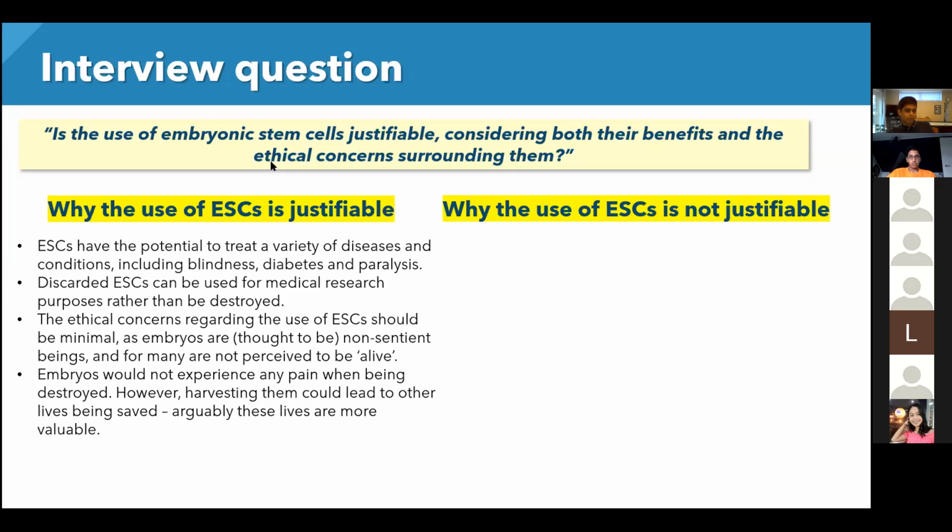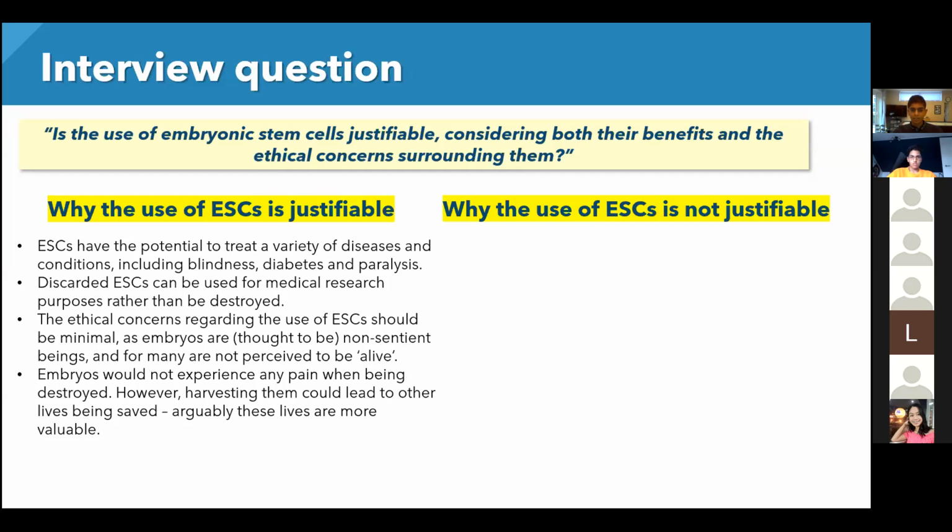Yeah. Someone else has said, it depends what you use it on. Like designer babies and perfecting life isn't a valid reason to use embryonic stem cells. We should just be using them to treat chronic conditions which could save lives. Right, that's an interesting point. So you're saying perhaps that the use of embryonic stem cells is justifiable as long as it has a direct link, or it directly allows a life to be saved. Therefore, meaning that instead of being used for research purposes, perhaps, or ethically controversial